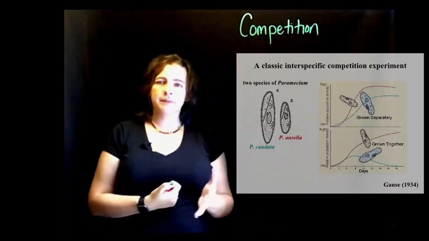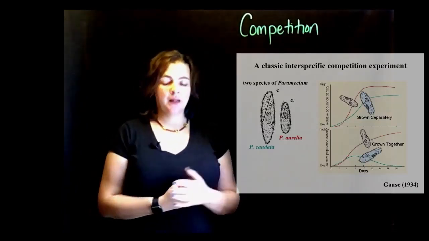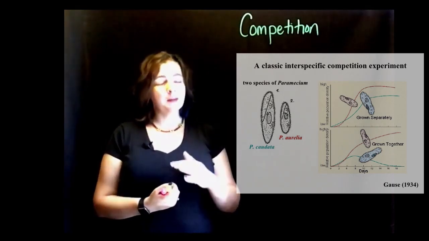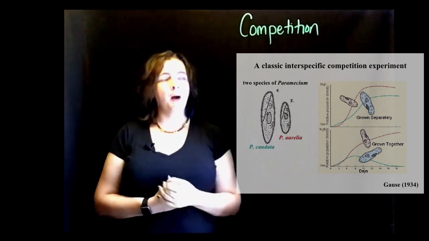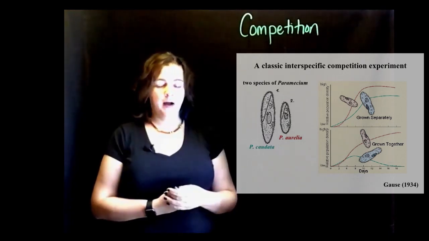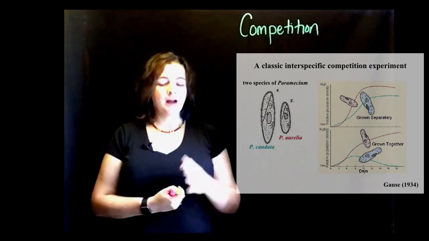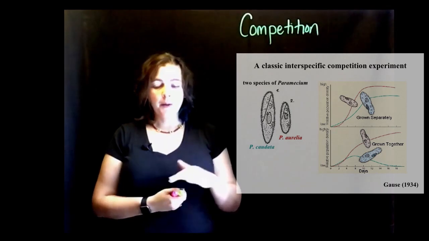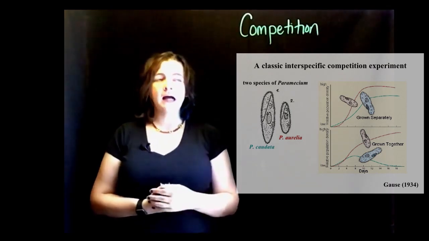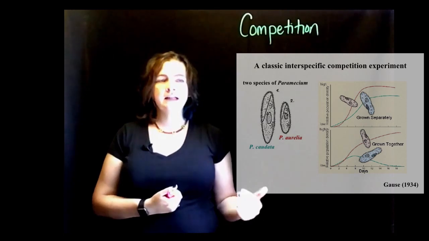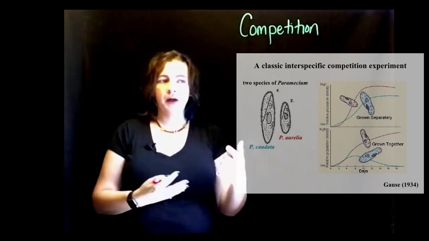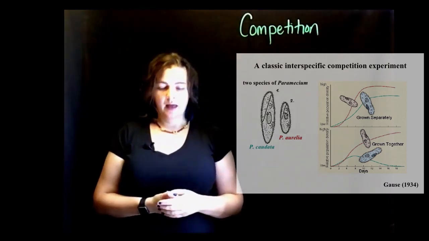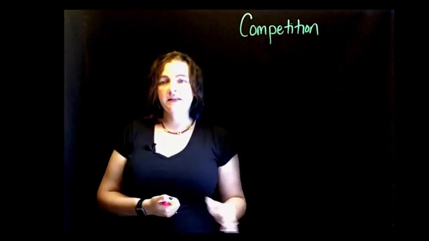A classic example of competition is with these paramecium. These paramecium, one is large, one is small. When they are grown separately, they have a very nice population growth, seen here in the top chart. When they are put together, the larger of the paramecium species does not make it and does not survive because the smaller paramecium has an advantage over the large one in that it doesn't need as much food to keep it going and therefore can make its population grow faster,